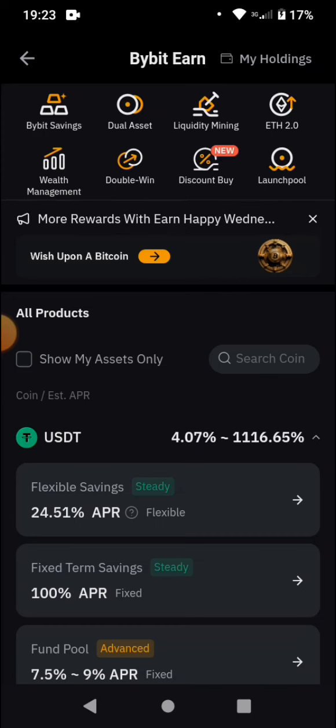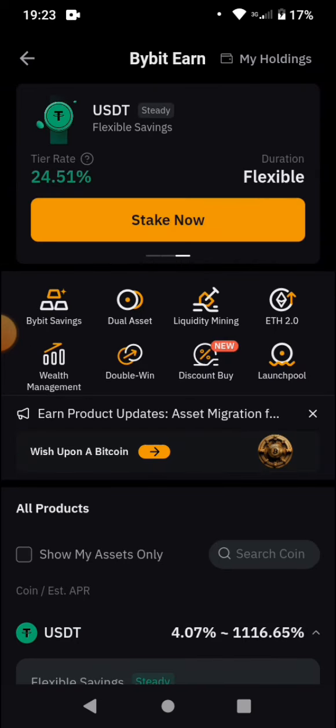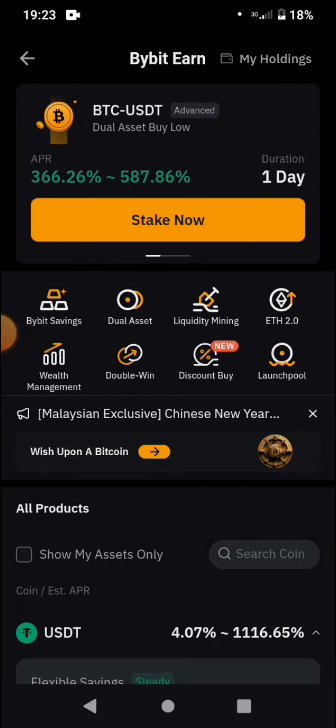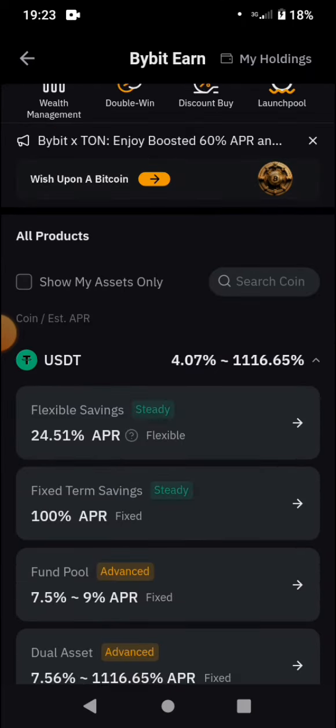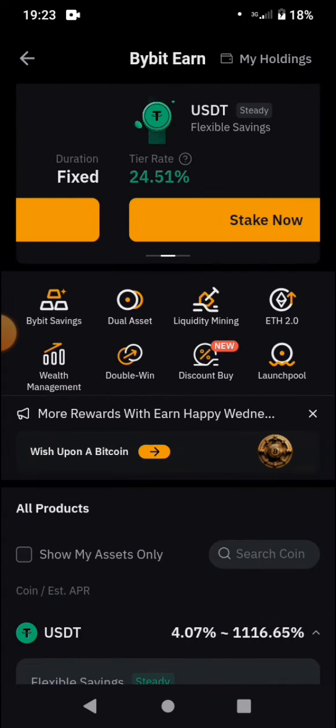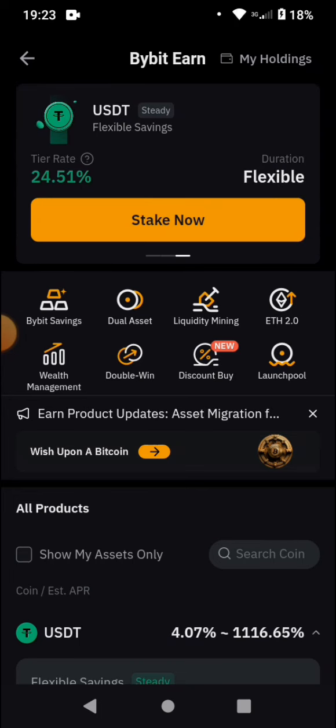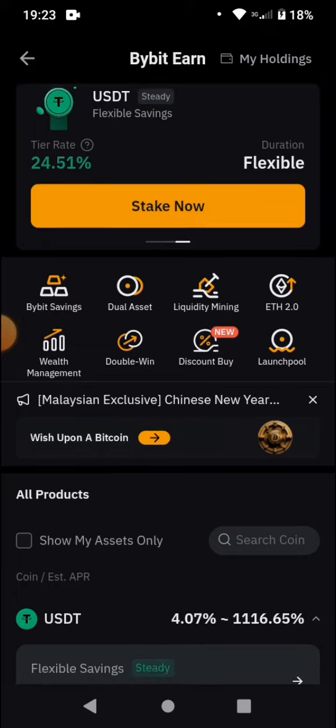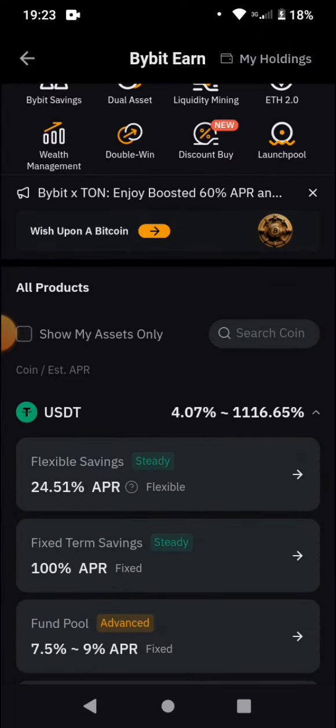So now let's say you want to do USDT. You can see here we have this duration, flexible, which means you can take your crypto at any time, anytime you need. You just scroll at the top, you see flexible basically means whenever you want your crypto, you're going to get it. Then they have other ones, which means you can lock for 3 days, you can lock for